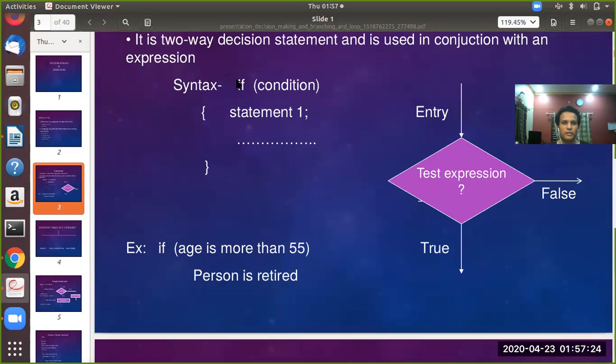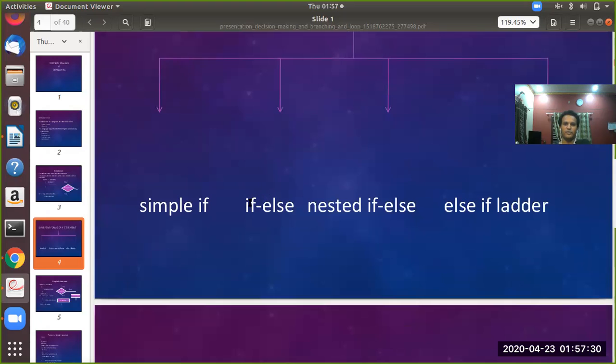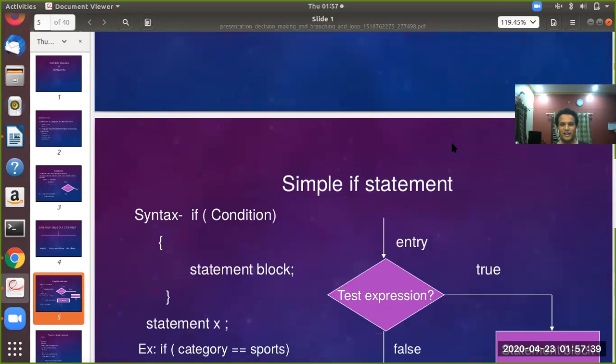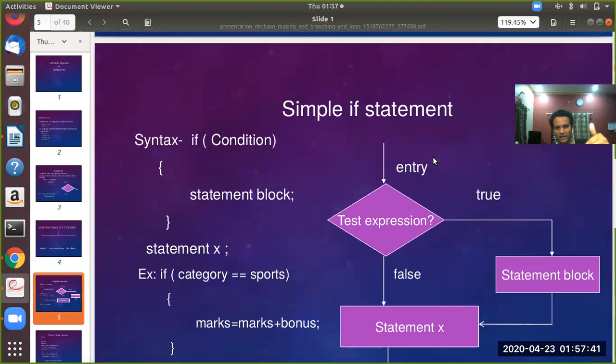This is referring to simple if, that means we are using an if condition, a block and statements following that. Next, if else is there. Nested if else is there. Then if else ladder is there. Let us study each of them in the slide, and then we will go back to the program and see how it works out.